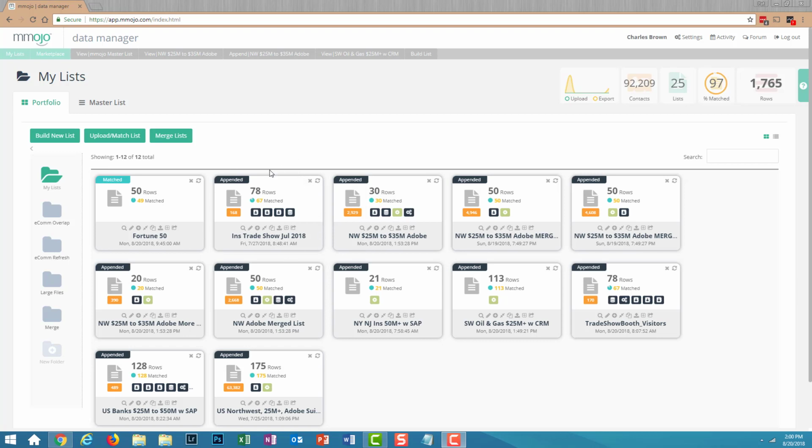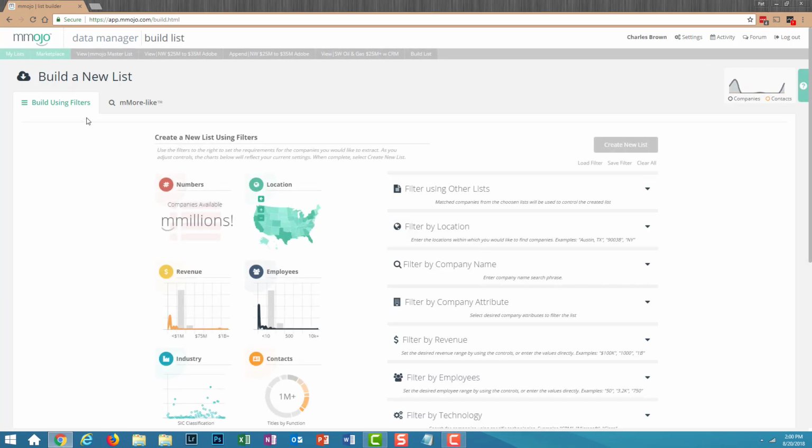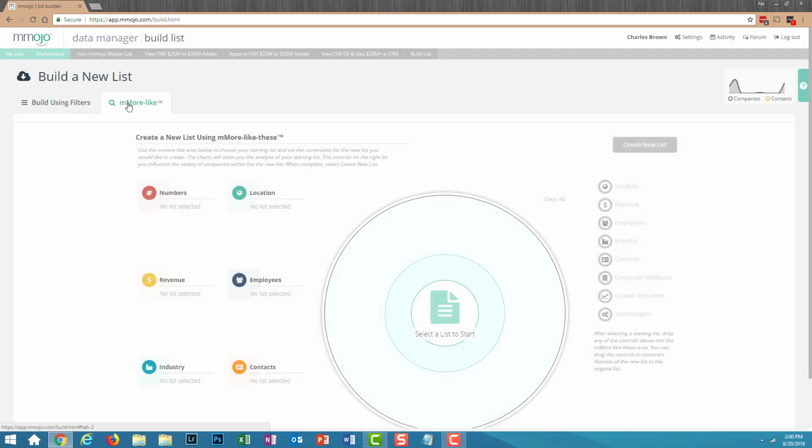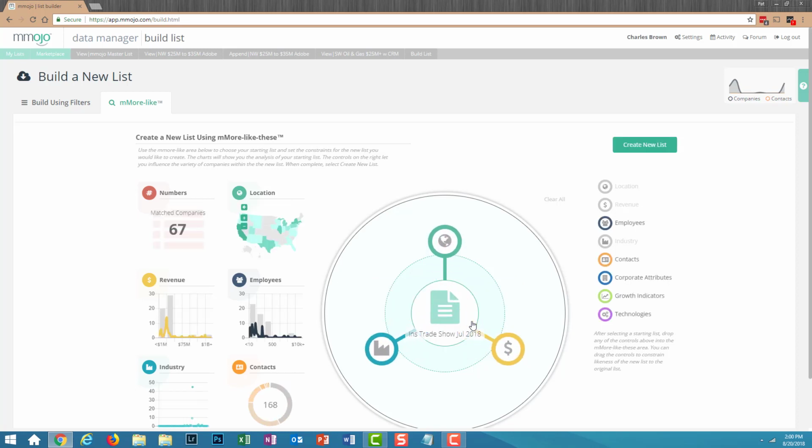To begin, click Build New List from the Mojo homepage and select the More-Like tab. Now we click on the list icon in the middle of the target and select our trade show list. We can see two things happen at this point. First, the target now has three attributes we can control: revenue, industry, and location. We also see that the left side of the page has been updated to reflect the attributes of our trade